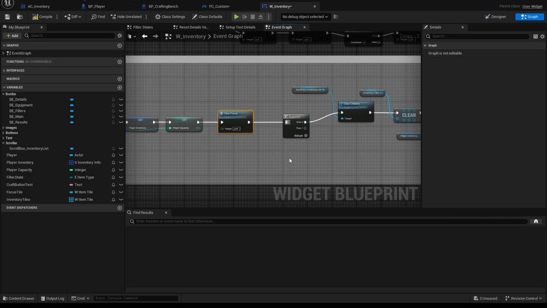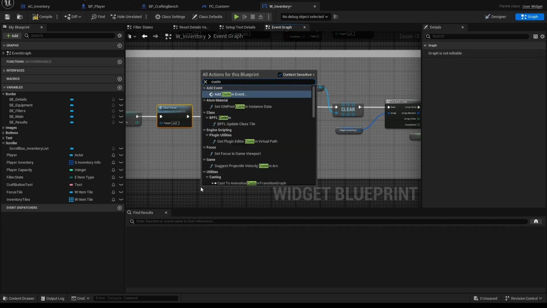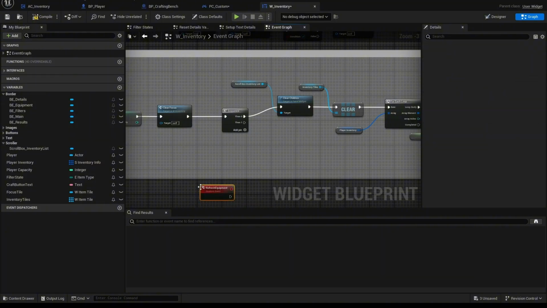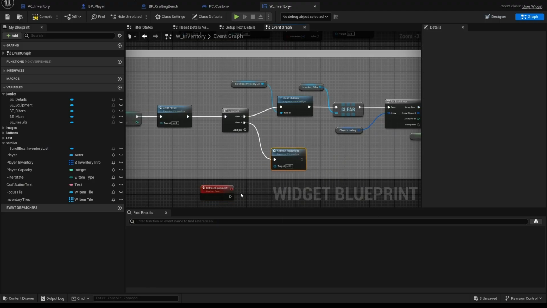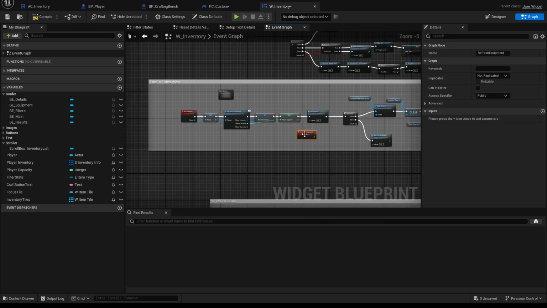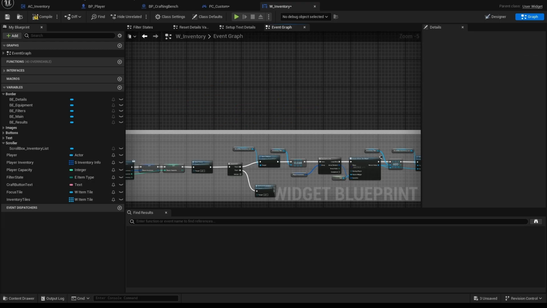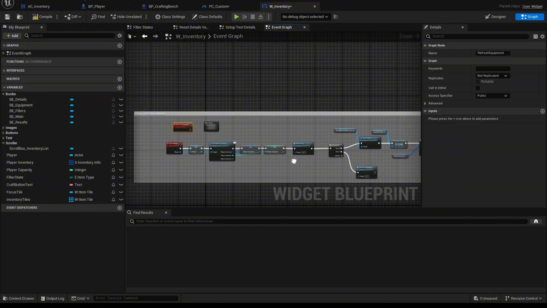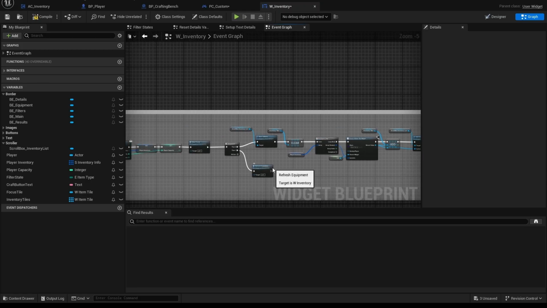Our Then 2 is going to run a special custom event that we haven't made, and we're not going to make it in this episode, but I'm just going to make the placeholder here. It's called Refresh Equipment. So we want to refresh our equipment. And again, we're going to make this in a different episode. I'm not going to make it here today, so we'll put it over here. You can also delete all this now. We don't need it anymore. We're going to make that in a different episode when we actually start doing our equipment,